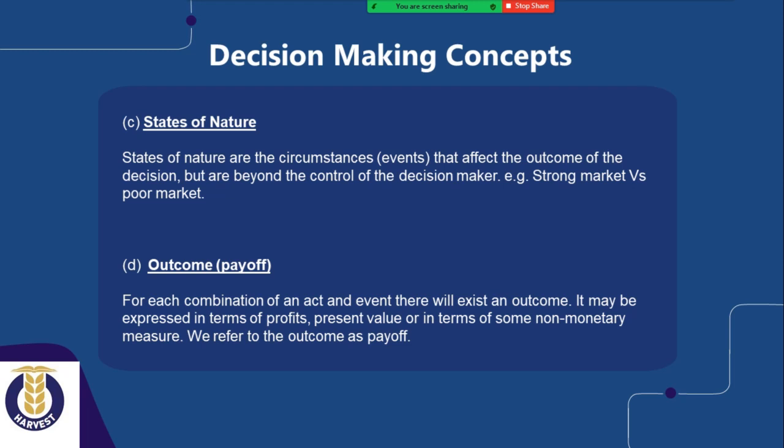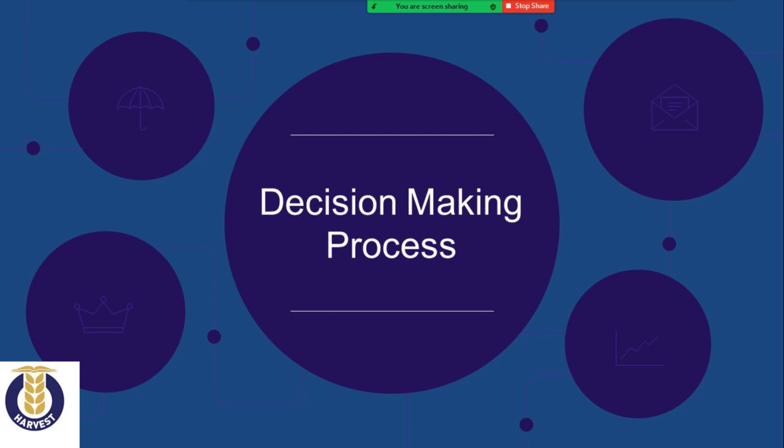So the emphasis here is that we are looking at profit. Are we going to profit from the decision we are going to make? Okay, and how much is the profit? So we look at the several alternatives or courses of action, and definitely we all want the course of action that will maximize the payoff or present value. So those are our decision making concepts, and of course our discussion goes into the decision making process,